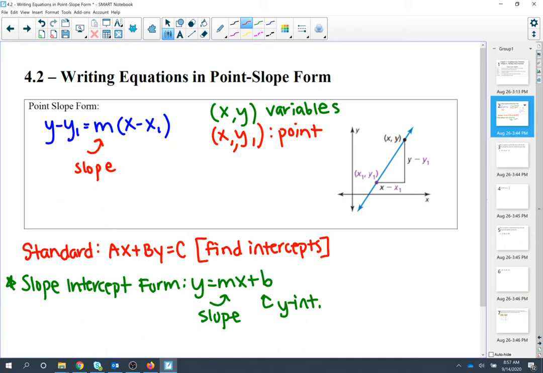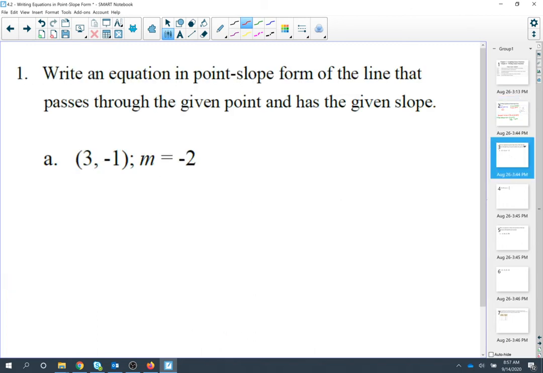I know a lot of teachers who will just use slope-intercept form for this, which if we're struggling in class, we might just revert back to that. But for today, we're going to try this in point-slope form. Example 1, write an equation in point-slope form of a line that passes through the given point and has the given slope. So, if we have point-slope form, we have y minus y1 equals m